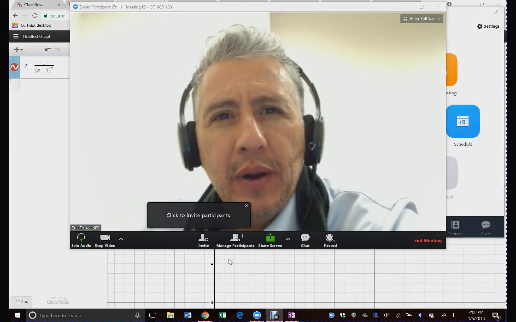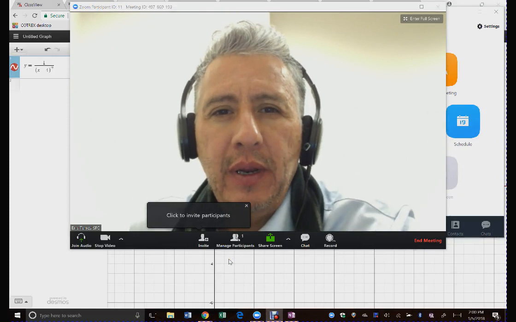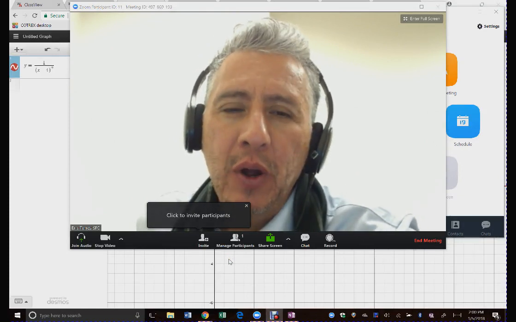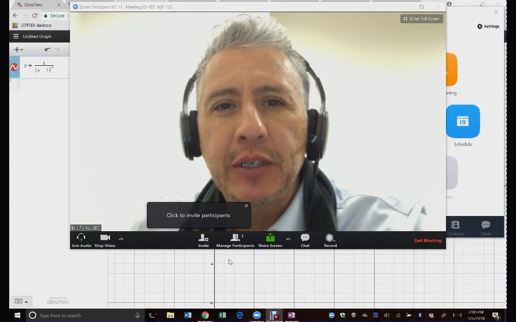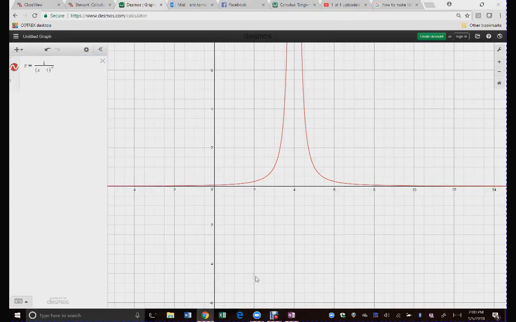Okay, one other area I'd like to talk about on limits is dealing with limits as the function goes either up or down to positive or negative infinity. So let's jump on it and take a look at this graph here. So right now I have a graph of a rational function y equals 1 over the quantity x minus 4